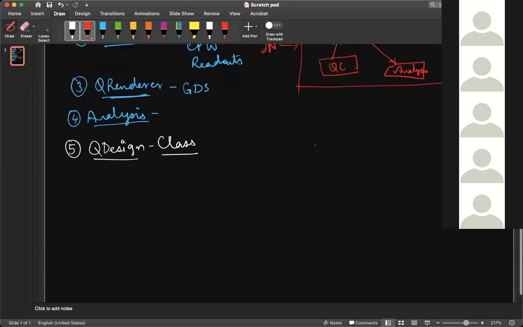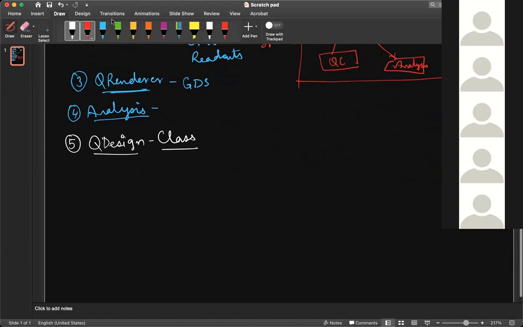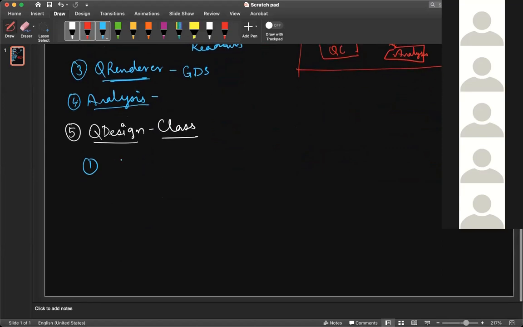Specifically, we also talk about the Q design class. There are some other components in the Q design class. Inside design there should be some components which make the design, right? So inside Q design we can have either components from the Q components class, or we can have your basic geometrical components as well.